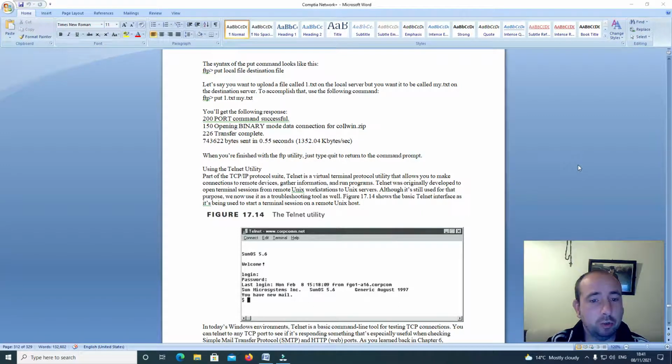Let's say you want to upload a file called 1.txt on the local server, but you want it to be called my.txt on the destination server. To accomplish that, use the following command: ftp> put 1.txt my.txt. You'll get the following response: 200 PORT command successful, 150 Opening BINARY mode data connection for colwin.zip, 226 Transfer complete,